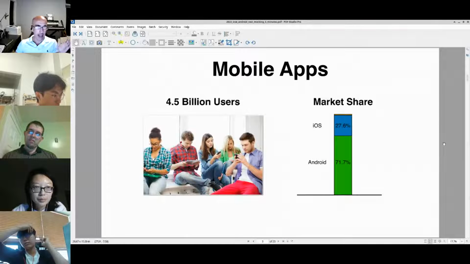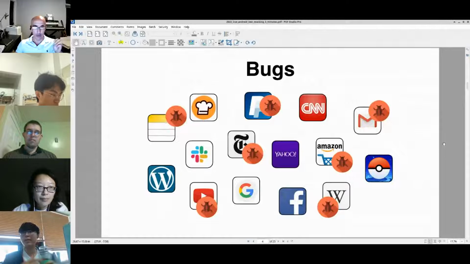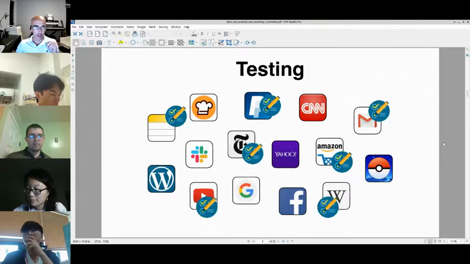Like any other application, mobile applications clearly have bugs, and like traditional software, one of the main ways in which people try to identify and eliminate these bugs is through testing. So the idea is that as you normally do in testing, you try to find the issues in this way. There's something slightly different though about testing Android applications, which is that testing can be particularly challenging because